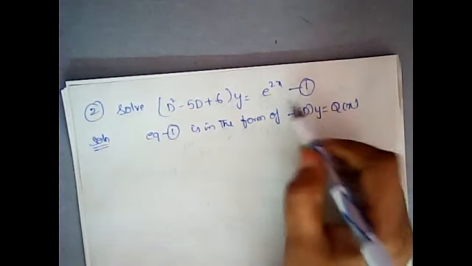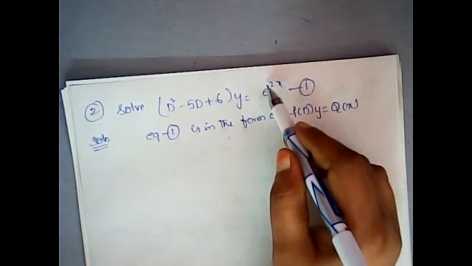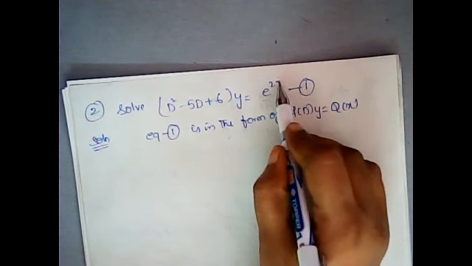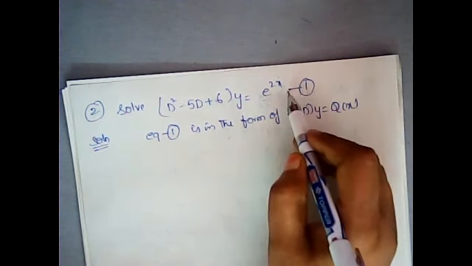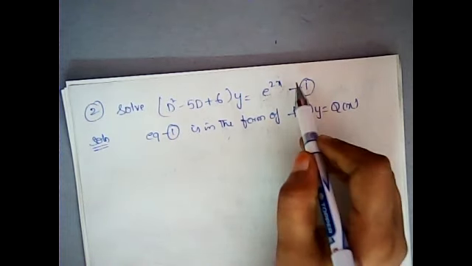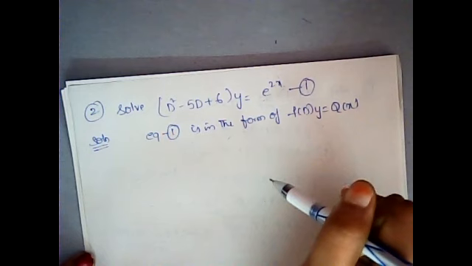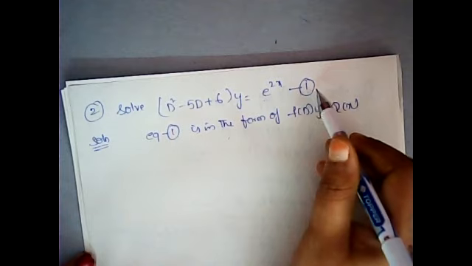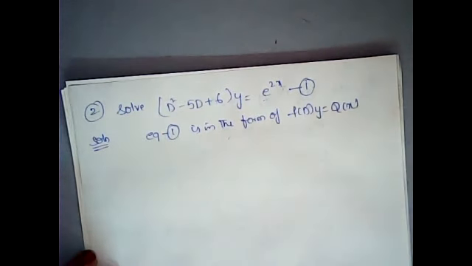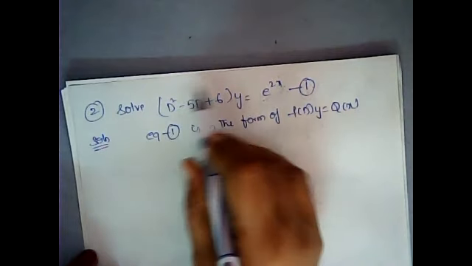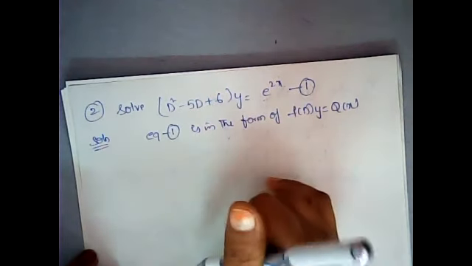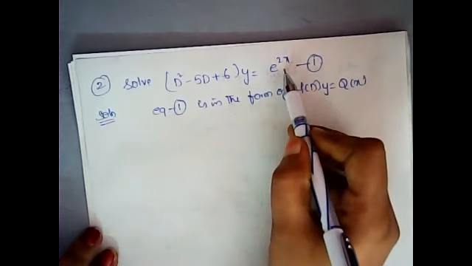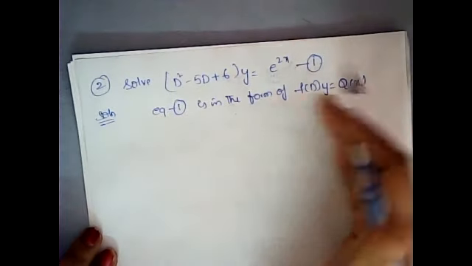Now I told you for q of x we have some models, right? For q of x we have the e power ax model, the sin ax or cos ax model, or the x power k model, and the e power ax into v model, and also the x into v model. For each and every problem, yc will be taken as it is. So first let me solve this one up to the yc, and whenever it comes to e power ax, I will tell you each and every model.